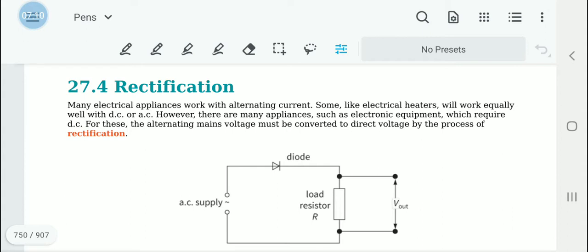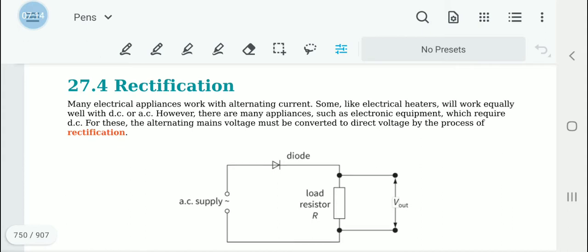This process is known as rectification, and please draw this diagram